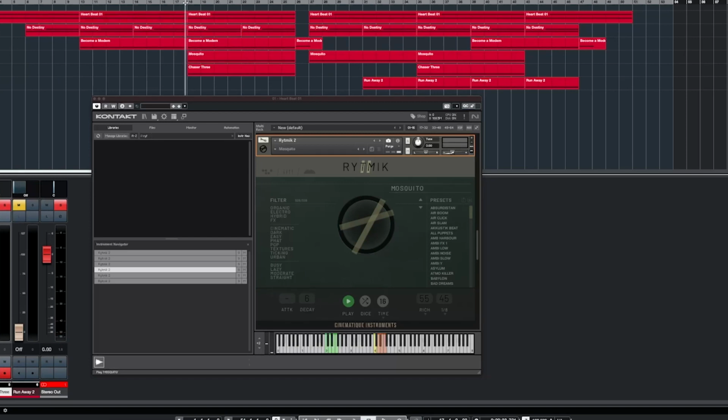And with Mosquito, we put Chaser 3. If I layer those two together,